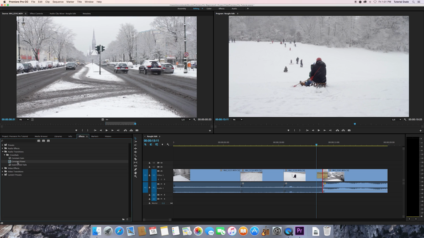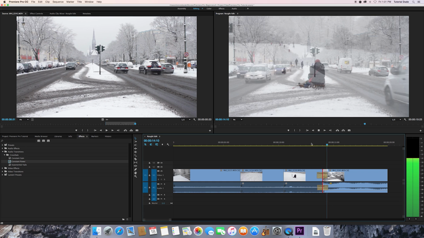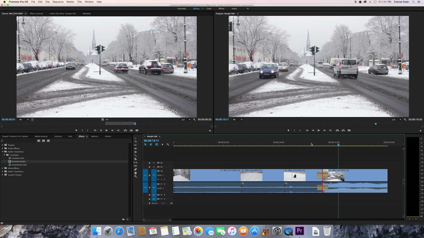And the default one is constant power. That is what I would recommend. If you don't know the differences between them, it really doesn't matter. They're pretty subtle. And what I'm going to do is I grab that and I drag it and I drop it right over this. And look, now we've got an audio transition as well. And if we play through this, we hear that transition is a lot smoother now,